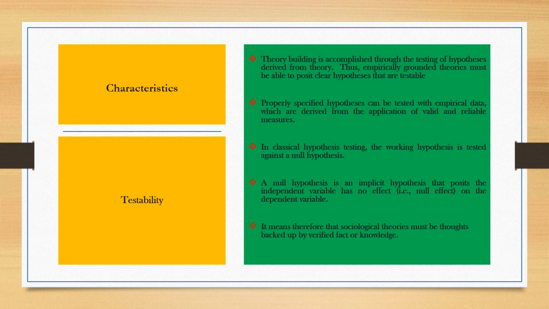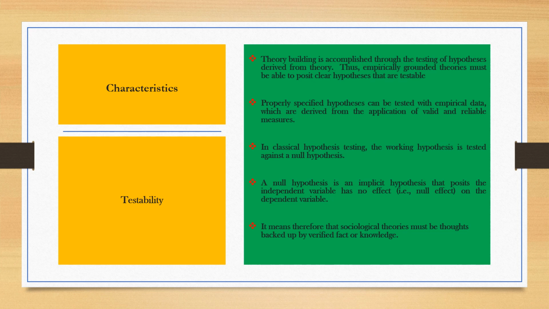So what we mean here is that any claim or proposition that is offered in any given theory should be one where empirical data can be collected to provide evidence that indeed what the theory claims actually exists in real life. So all propositions that have been put forward by any given theory must be those that can be supported by empirically generated information.